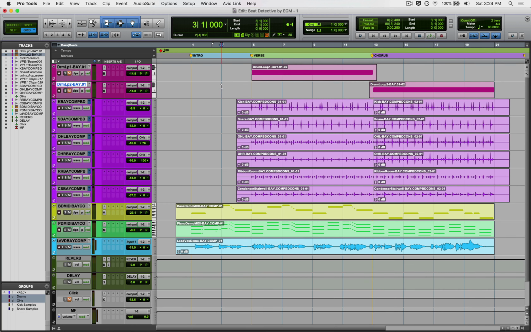This is sounding and feeling great to me. And now that we have everything tightly quantized to the grid, we can then get really creative and do things like maybe drop in the loop halfway through to have it be an added surprise. Like, for example,